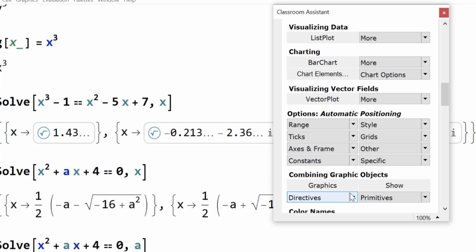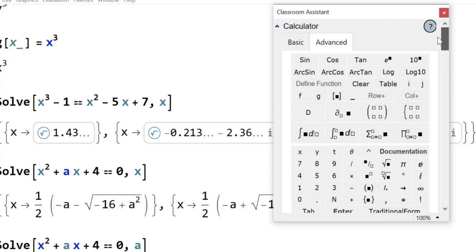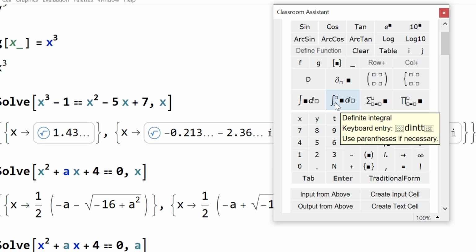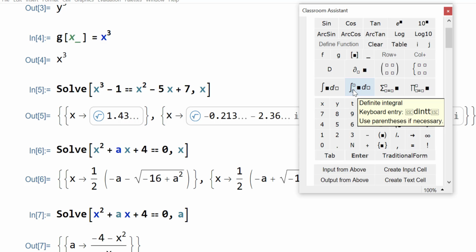So the idea of the palettes is sort of twofold. One is that you can look up different commands and add them to your notebook. The second is that you can look up shortcuts through the palette. So for example, if you're going to get to integrals, which we will do either the first or the second semester, depending what class you're in, you'll see that a definite integral is escape, D-I-N-T-T, escape. And that is